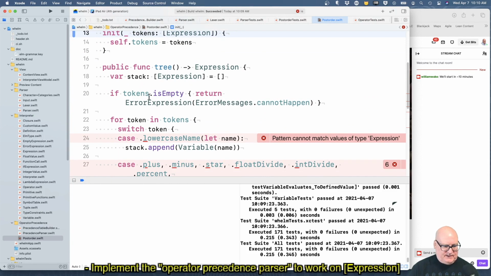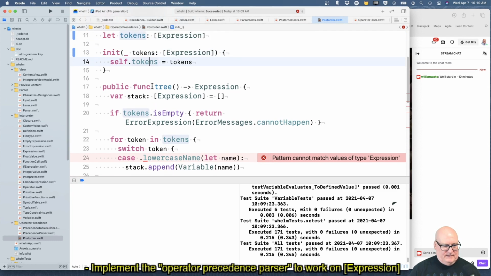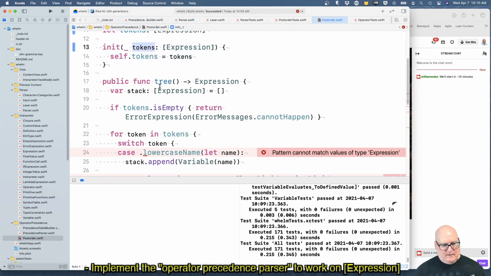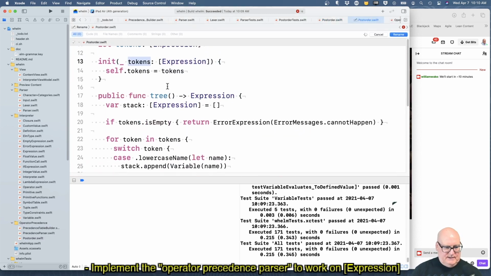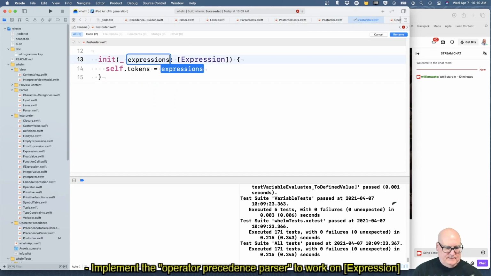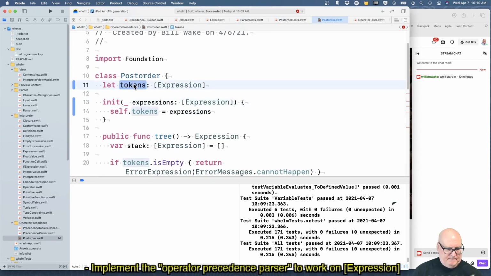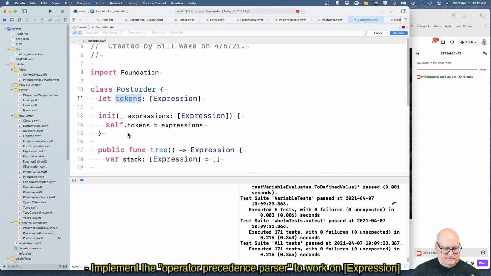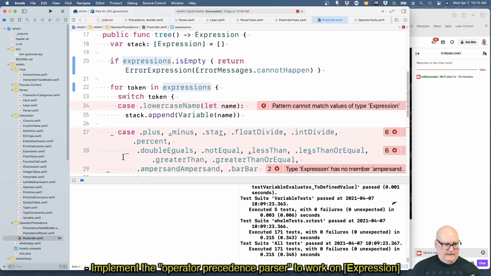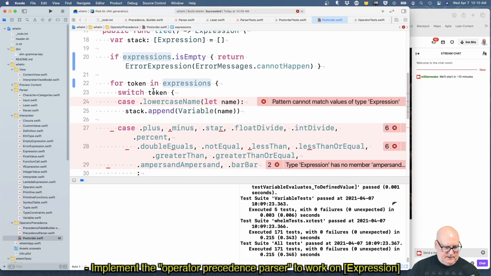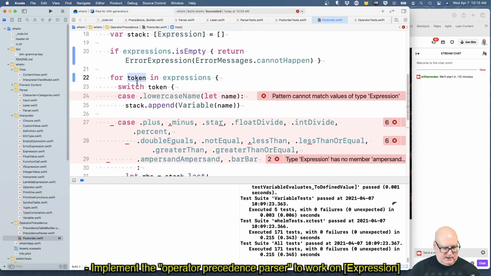So if the tokens they're really input. Well, let's at least rename this one. Okay. We're not switching. This is really expression.